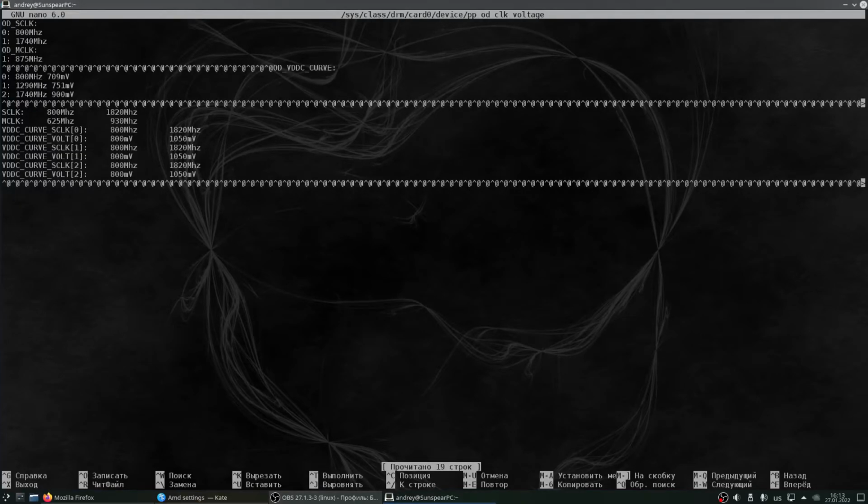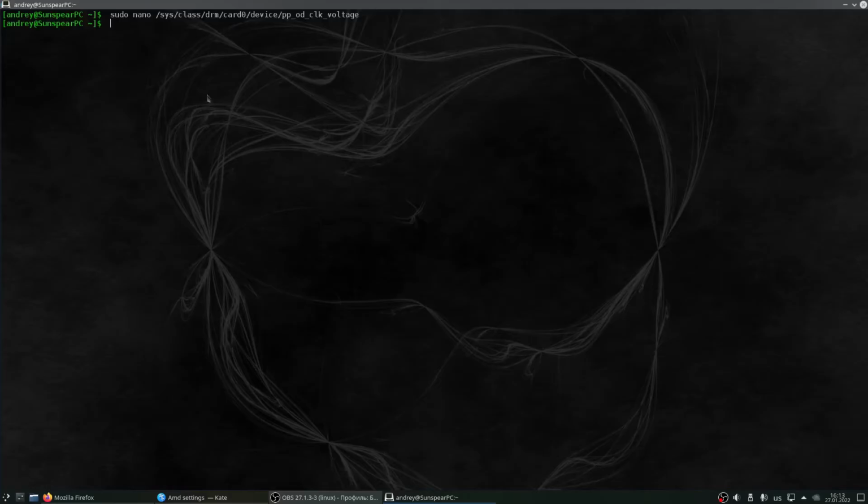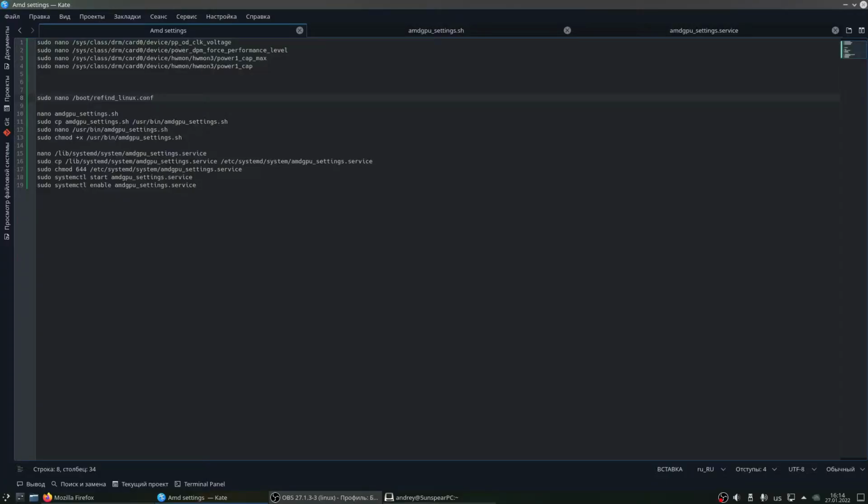If you don't see all these settings, it's most likely because manual settings of your GPU aren't activated in your system. So let's activate this. To activate manual settings of your GPU, you need to change your kernel parameters. I use rEFInd as my loader, but if you use GRUB, you need to check how to change kernel parameters in GRUB. In rEFInd, it is simple.